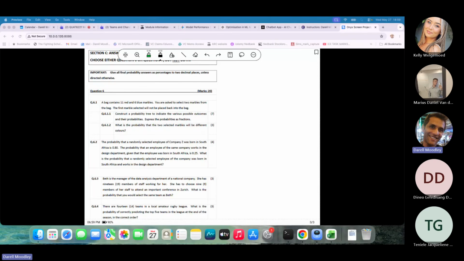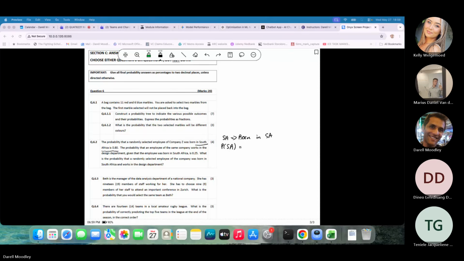The probability that a randomly selected employee of a company was born in South Africa is 0.8%. I'm going to use some shorthand notation to represent someone being born in South Africa. So let's just say SA means born in South Africa. So the probability of SA